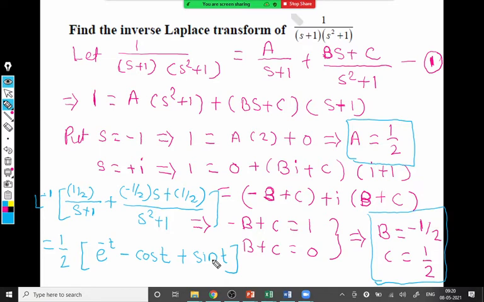This is one of the ways of getting the values of A, B, C. There are multiple ways. There are many ways, actually, equating the coefficients. You don't necessarily have to put a complex iota, you can put two more real values there. There are other ways, but the best values are obtained by equating the denominator factors to 0.